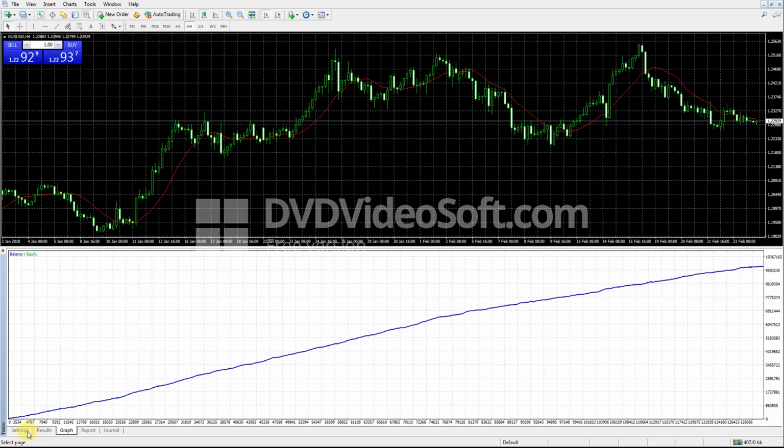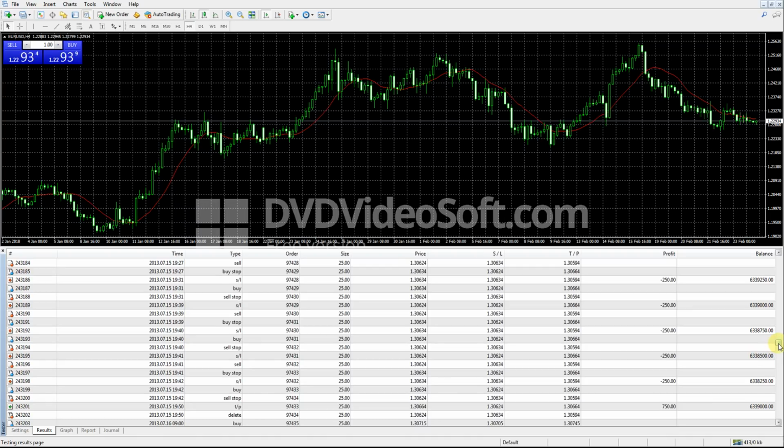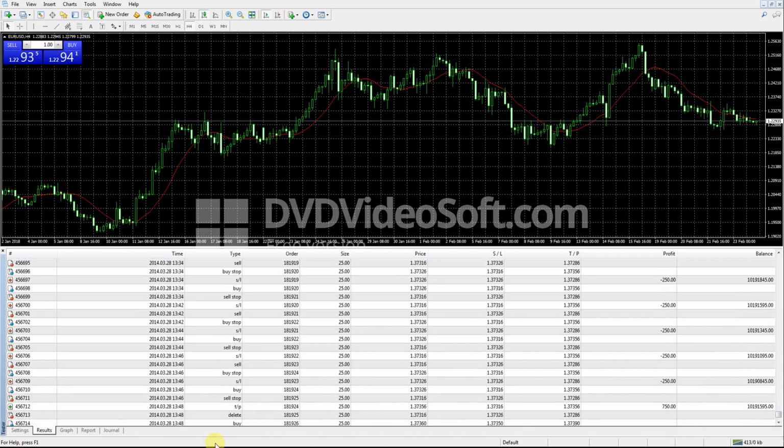So as you can see, very linear growth, no massive drawdowns on the account, only very small ones. Very good and linear profits generated. Let's look at the results and see where we got to. So we are already 1 year past, and we have generated 10 millions, around 10 millions. Okay, now